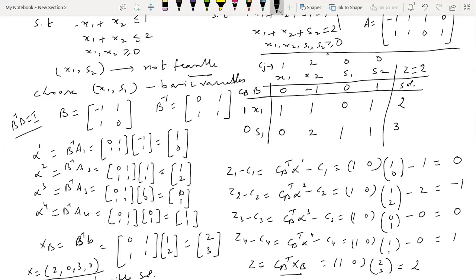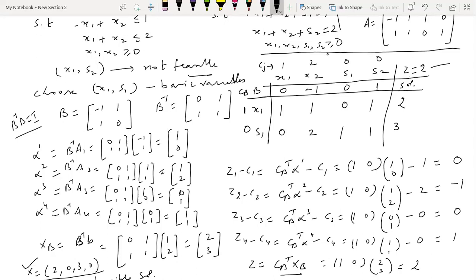Now we have the main question. So I chose one choice of basic variables, and I found the basic solution here. And I have all the requisite information about all the columns and zj minus cj. Now I'm going to see whether there is a possibility to improve this objective function value. That means, is it possible that there exists another basic feasible solution which gives a larger objective function value than the one I have obtained at this present solution, which is 2.